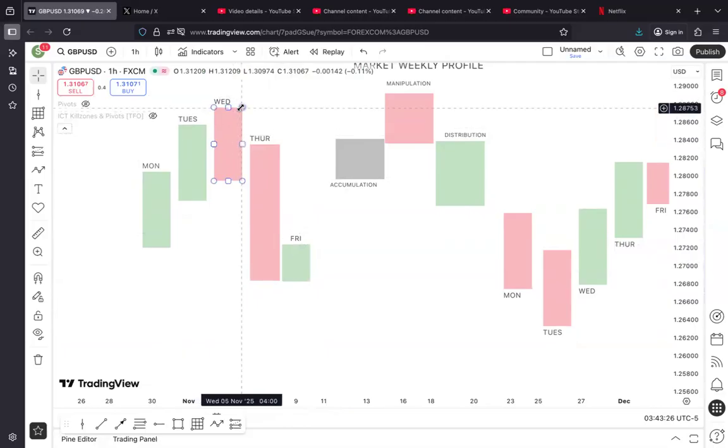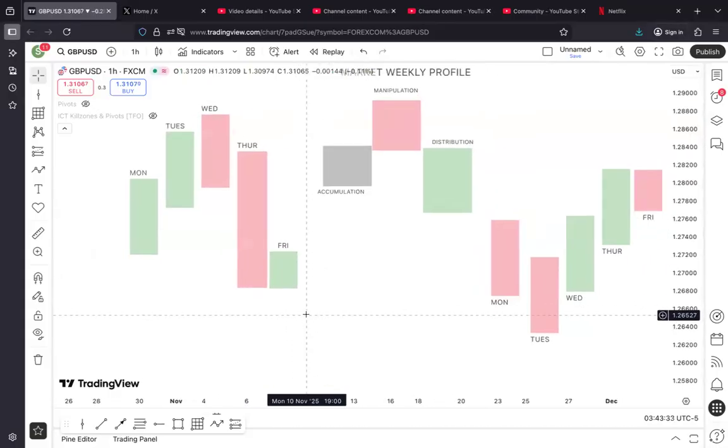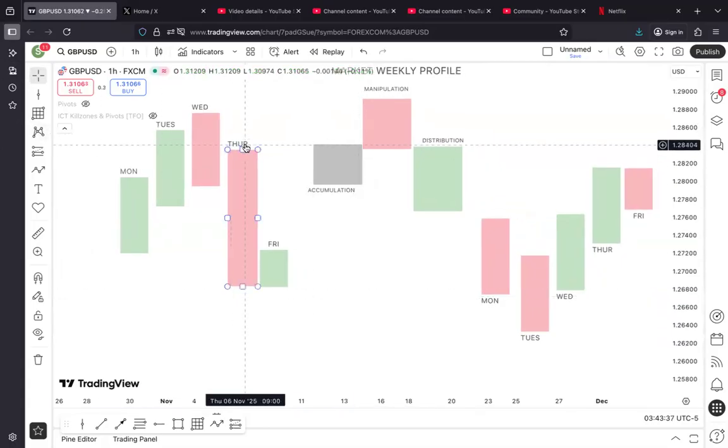So if Wednesday gives you the high of the week, your Friday might actually want to sell, but it will not be that significant because there would always be a point where market will want to close back to the range. Because for every candle we have a high. So we have the opening price, we have the high of the candle.